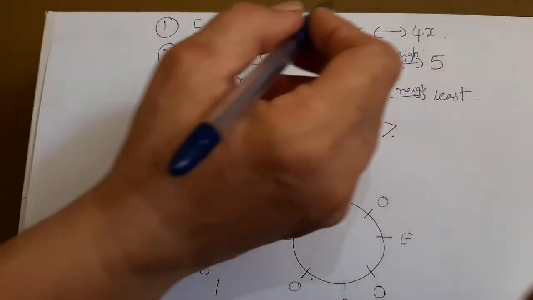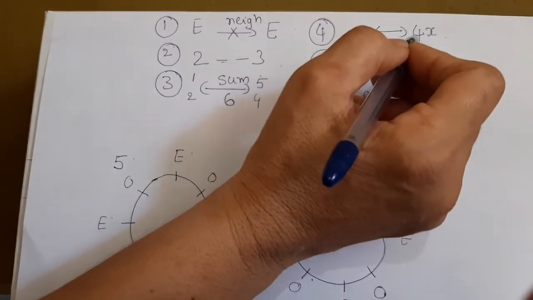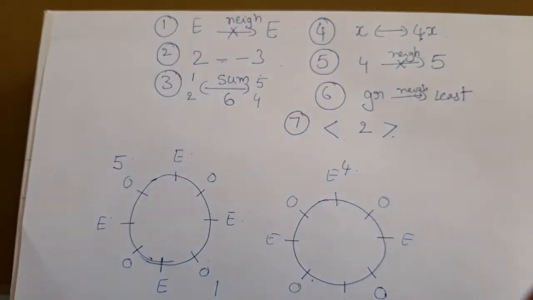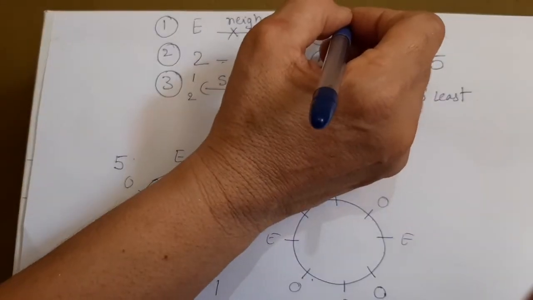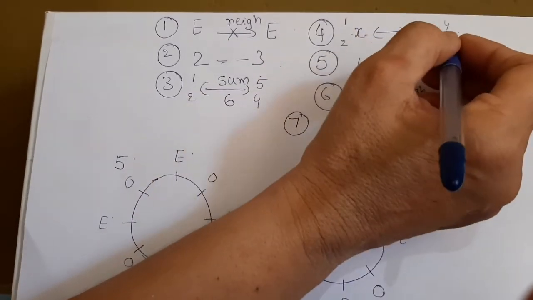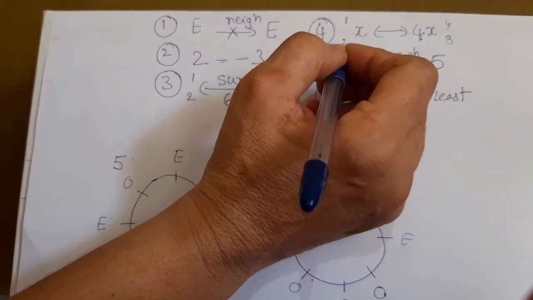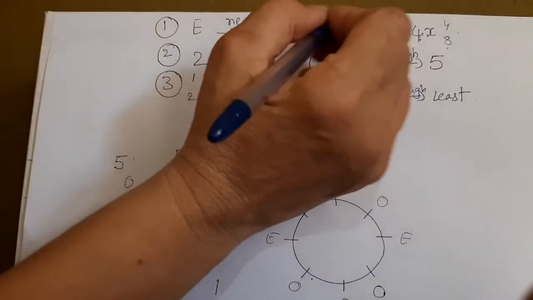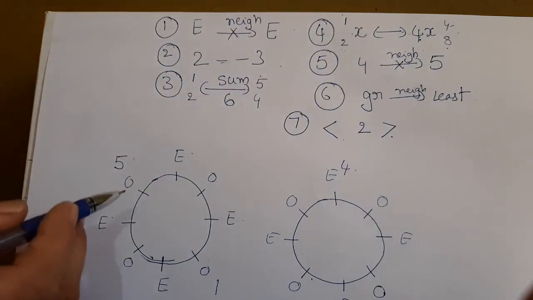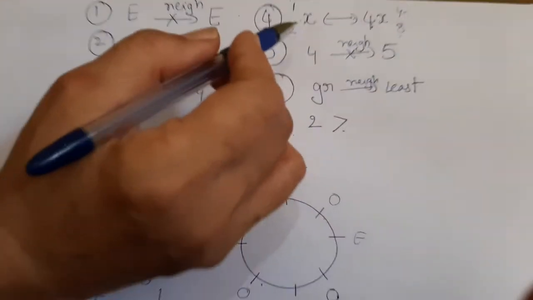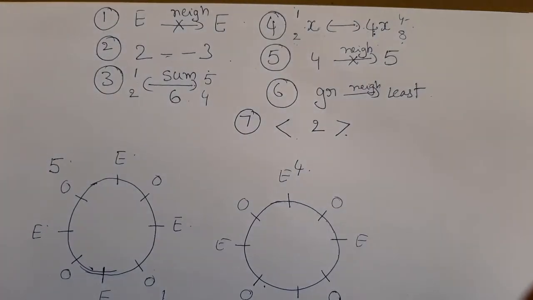The next hint is here. This number means opposite numbers. 4 times its opposite number. So if I write here 1, then here I have to take 4. If I take 2 here, then I have to take 8 here. 3 is not possible. 3 4s are 12. Now, 1 and 4. It is not possible here because opposite to 1, 5 is already there. So must be 2 and 8 is possible here.